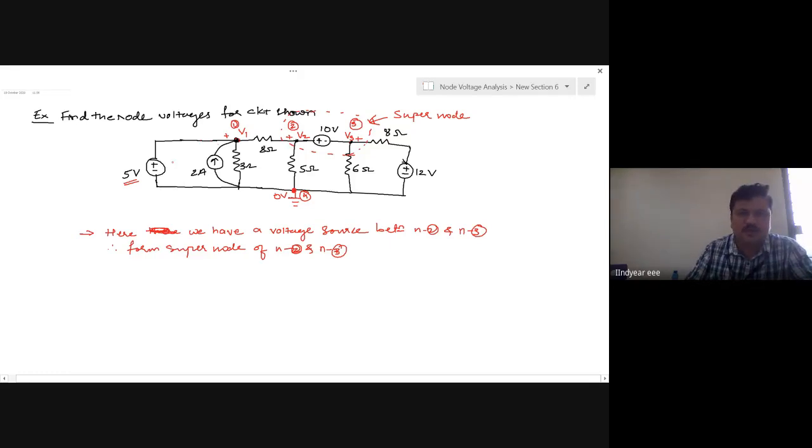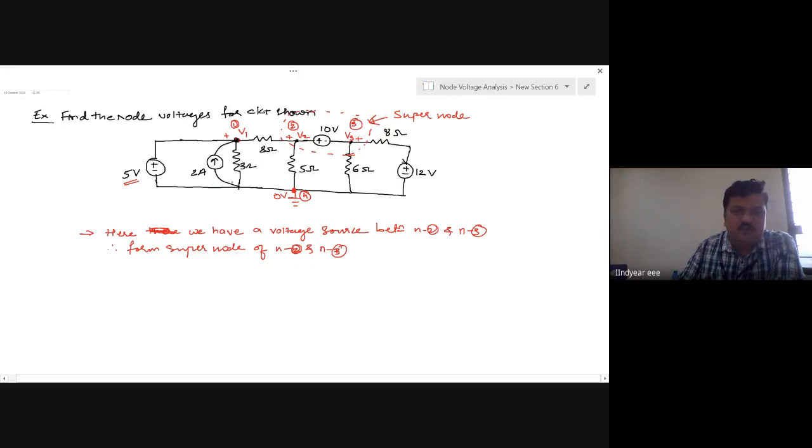So one thing again we have to observe, like we observed if there are any independent or dependent current sources in the perimeter of any mesh which is not common, here also if there are any voltage sources across the node and the ground directly, then that node voltage equals the source voltage. Now the voltage value of V1 is 5 volts. So I need not apply KCL to node 1, because I already know the voltage value of V1.